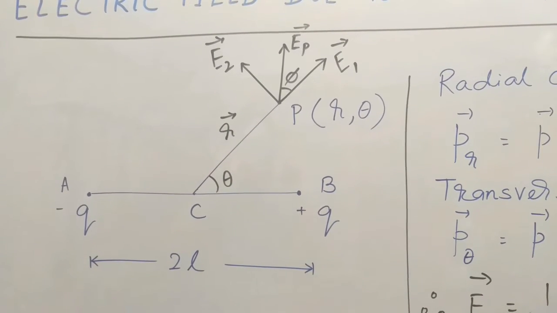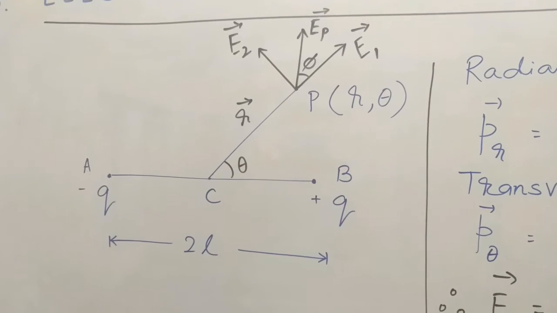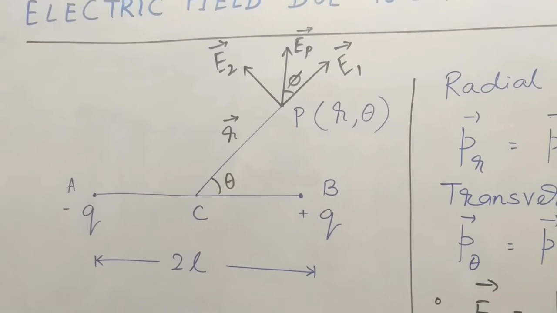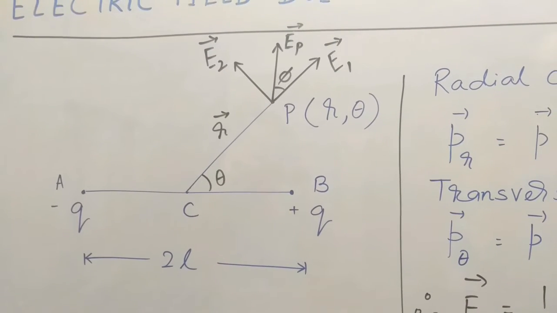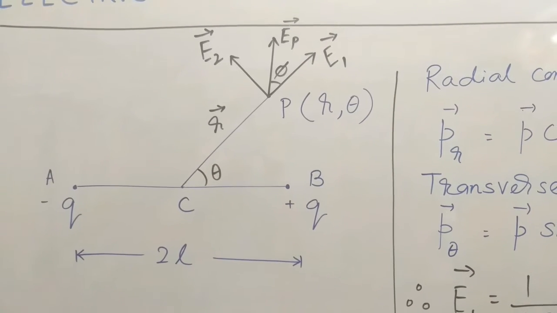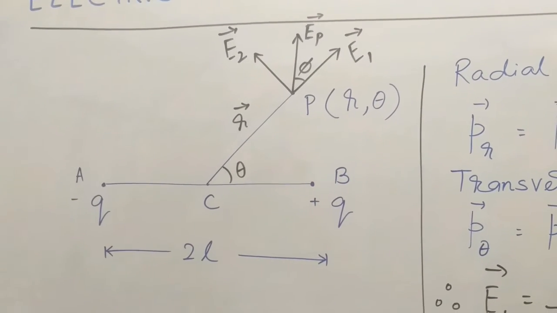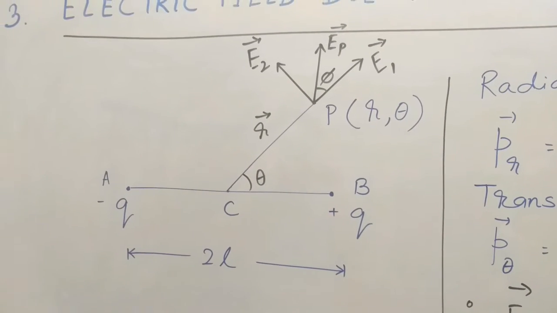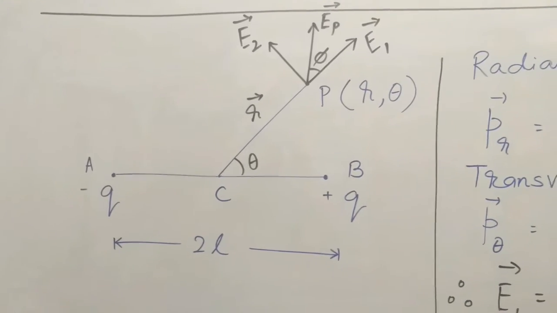you can see in the diagram, and P, then first bracket r comma theta. I'm telling you what this means and everything, you know already. And draw this diagram as it is, and then we'll go to the solution of this. We'll solve this particular problem and find out the electric field at P, which is EP, as you can see in the diagram, and E1 and E2 are two components, and phi is the angle which EP is making with E1, and this is the diagram.